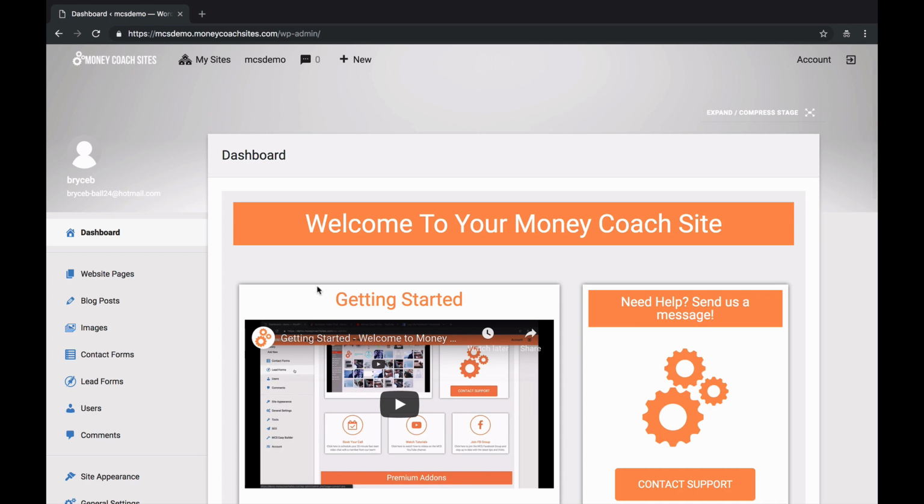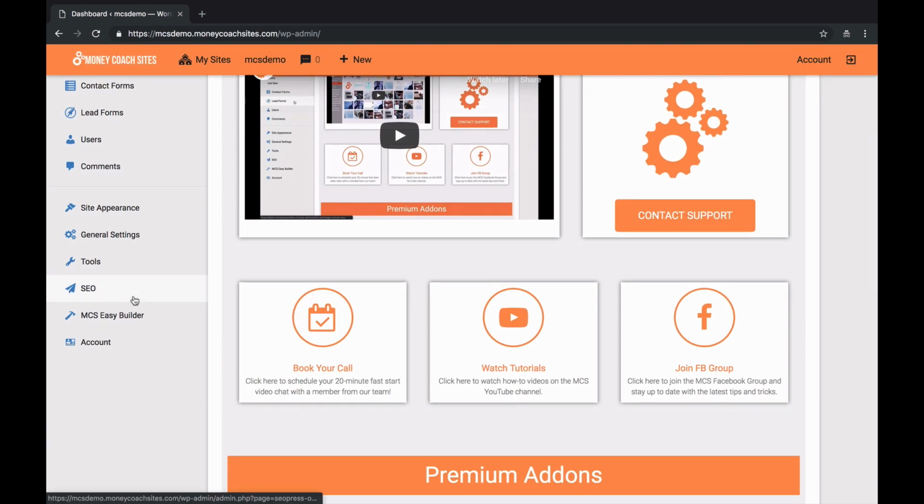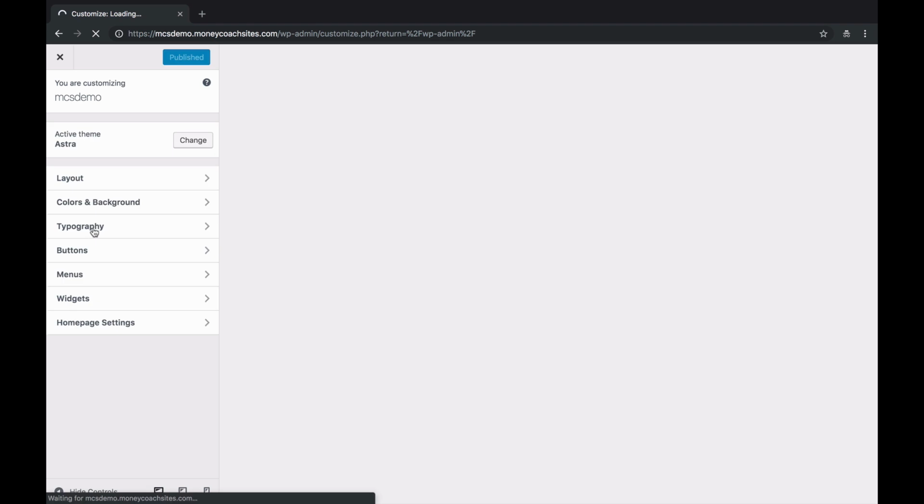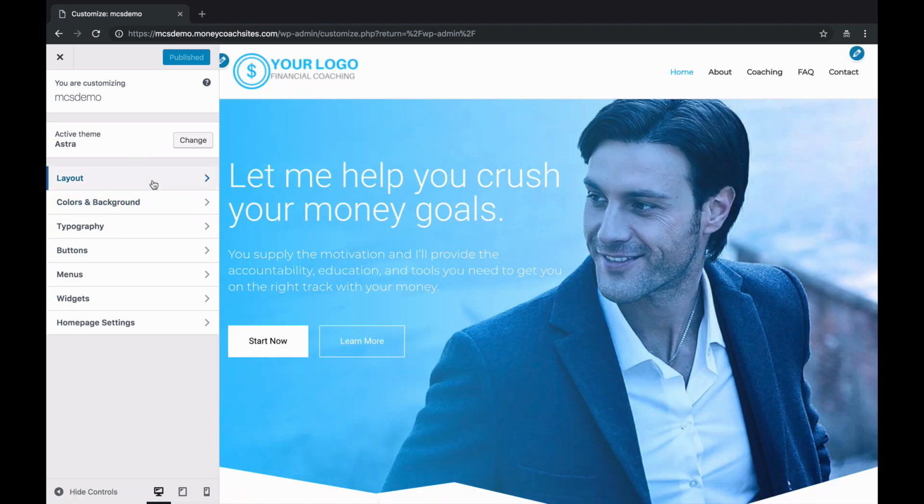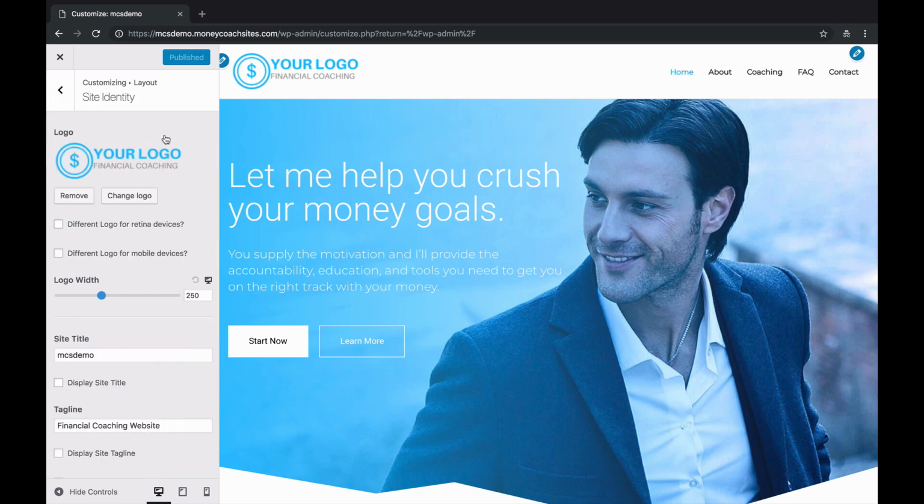So let's get started here. The first thing that you want to do when you come into the dashboard is go down here to where it says Site Appearance, and we're going to customize some presets. So go to the Customize tab there. This is where you're going to be able to change some of your base colors and logos and such. All right, so you'll go over here to where it says Layout and Header, Site Identity,